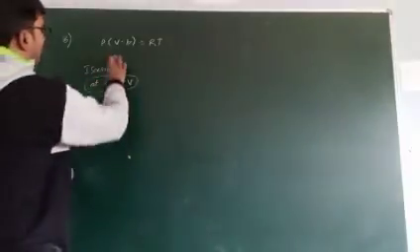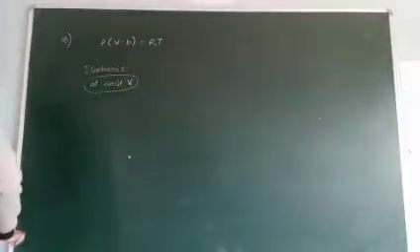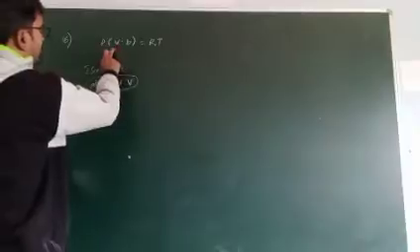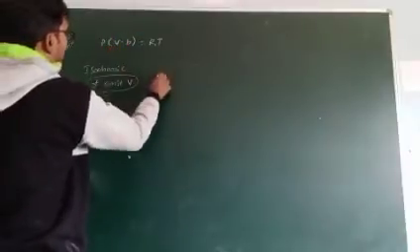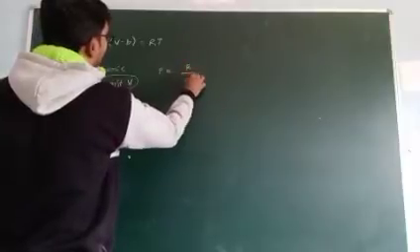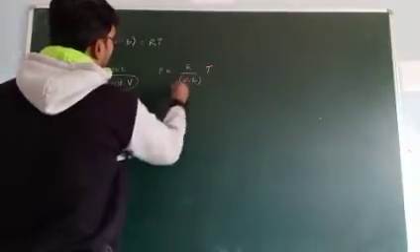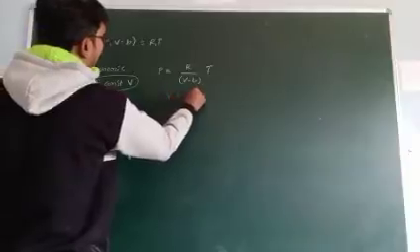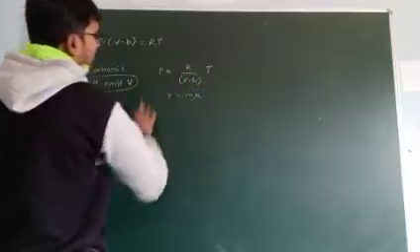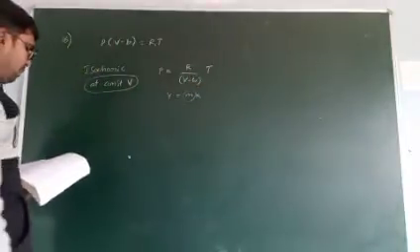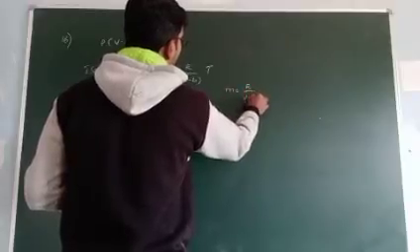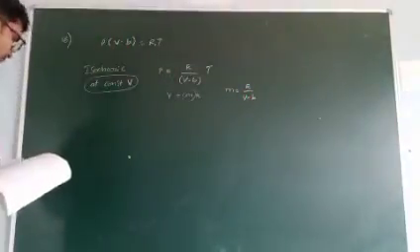So constant volume means this V minus B: the V value is constant, B is also constant. So this value is constant. Then this one is moved to the other side. P is equal to R by V minus B into T. It looks like y is equal to mx. Y is P and x is T. So m is the slope. The slope value m is equal to R by V minus B. So this is correct.